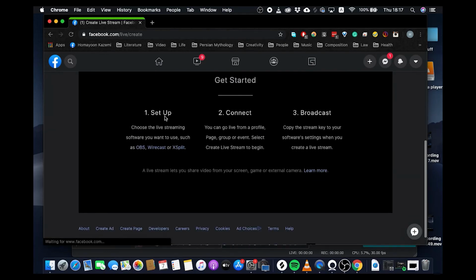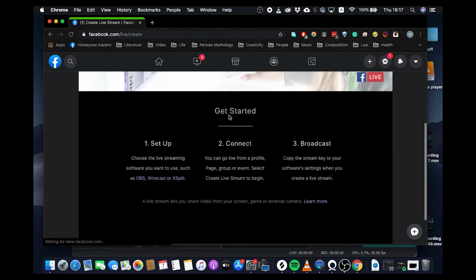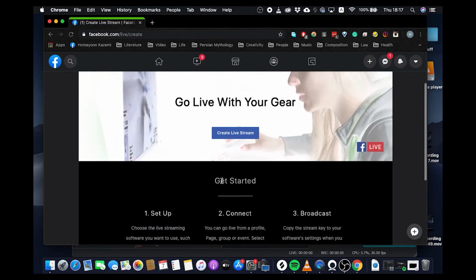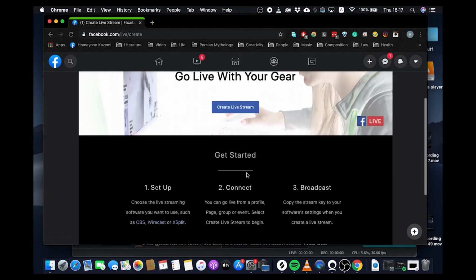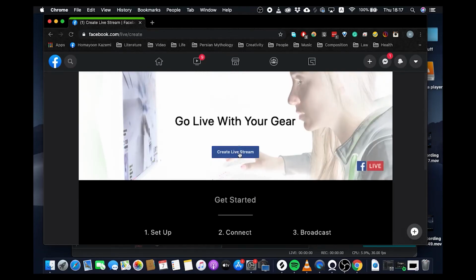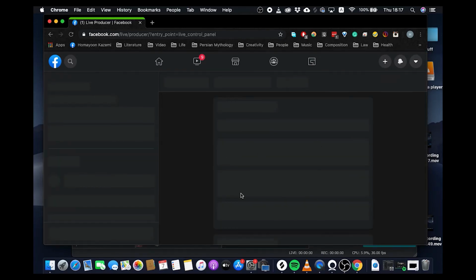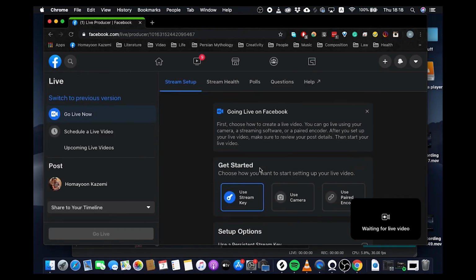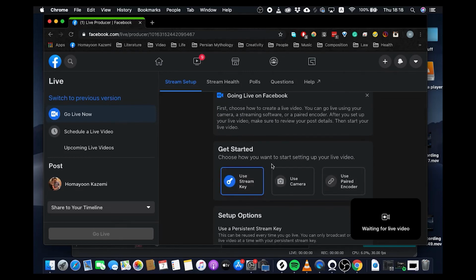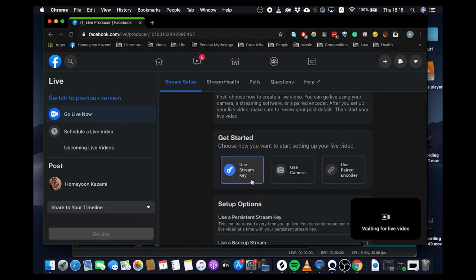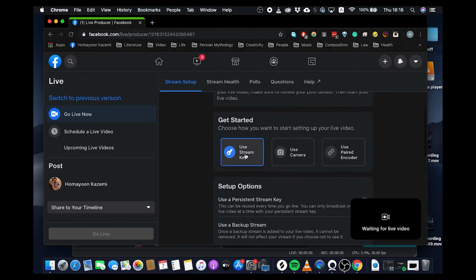And as you can see, there is this procedure that's going to tell you how you can broadcast. There is the setup section, connect, and broadcast. And we're using the OBS software as I described before. Now you can just easily go to create live stream, and it might give you some questions here. Just go on, and it will ask you about getting started, and what you're going to do with your live video. What you want to choose is the stream key,